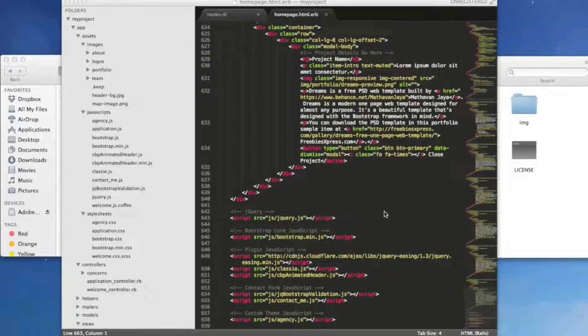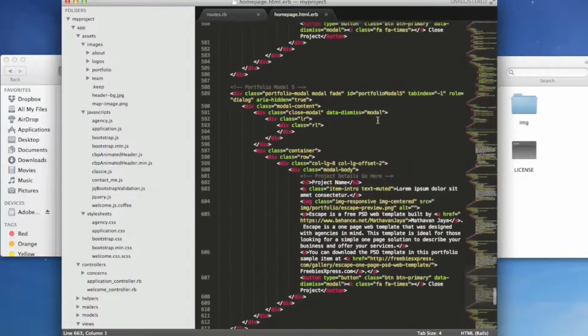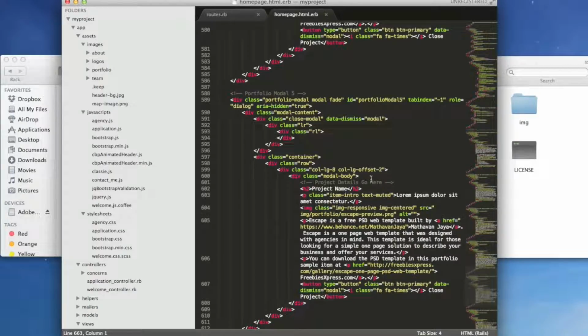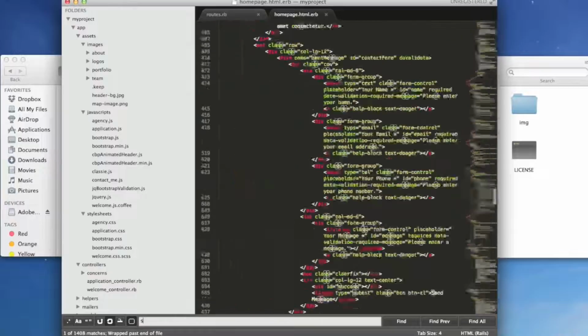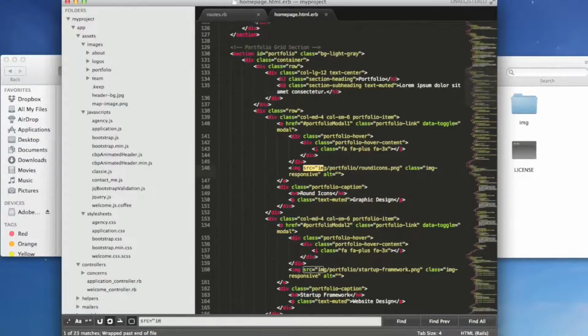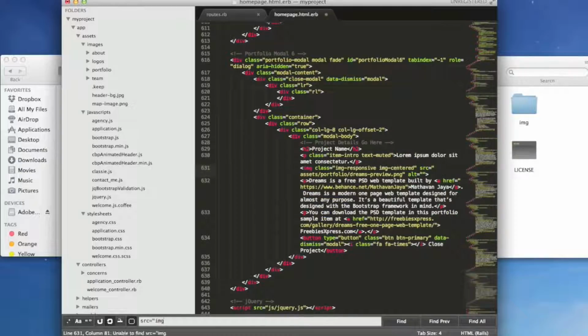So what we have to do is go into homepage.html.erb and look for places where the image is given a path, or a path is given to get the image. So let's see. Okay, here they are. So source equals image. We want to change this to assets instead. Okay, so when you're done replacing all of the paths with assets instead of images, save it, and then